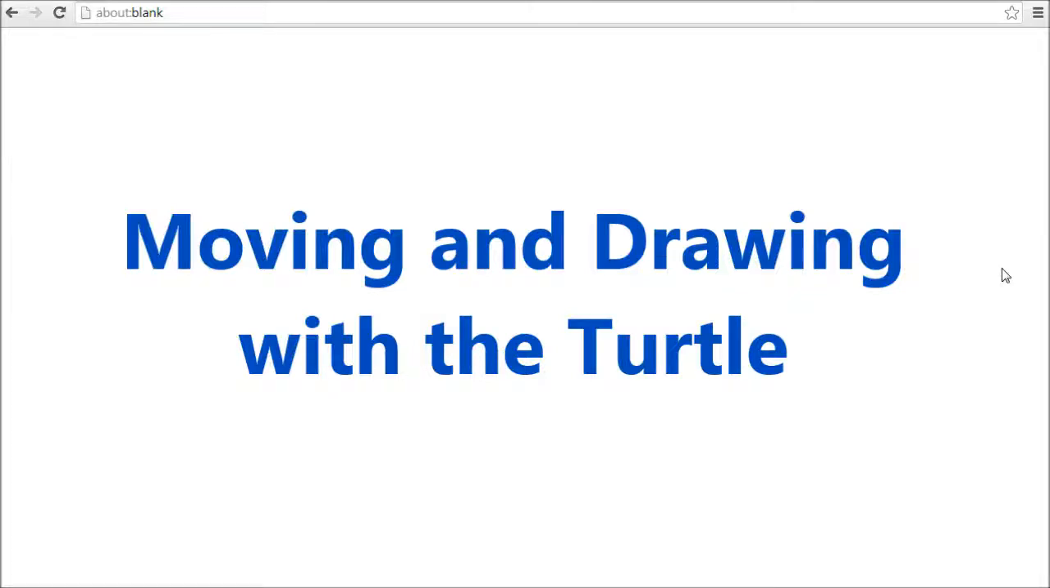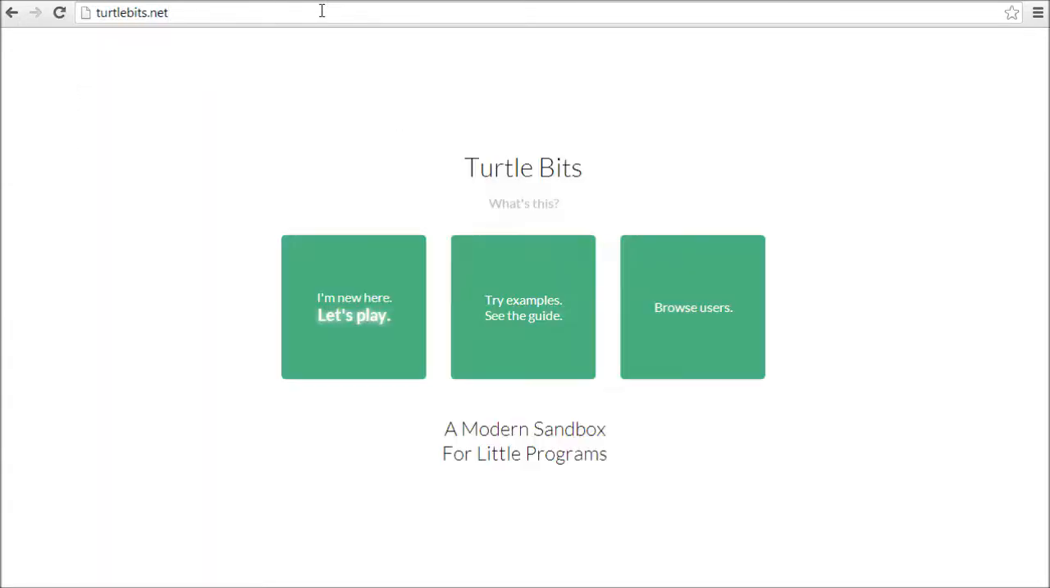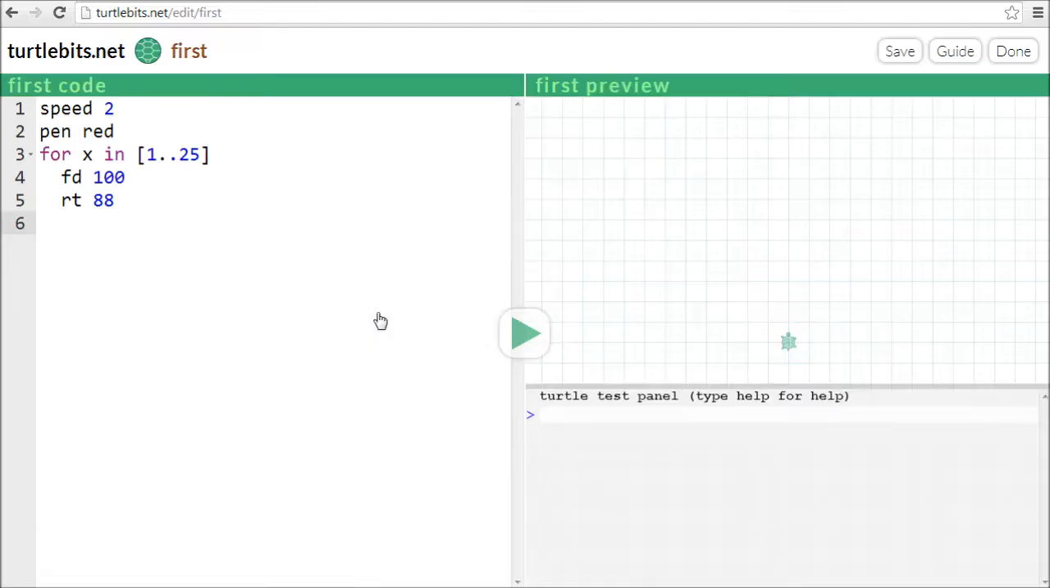Hey, I'm going to show you 5 basic commands for drawing pictures with a turtle on the screen. This is going to be our first lesson in how to write a program with TurtleBits. So you just go to turtlebits.net and click on Let's Play, and you get to our beginner screen, which has